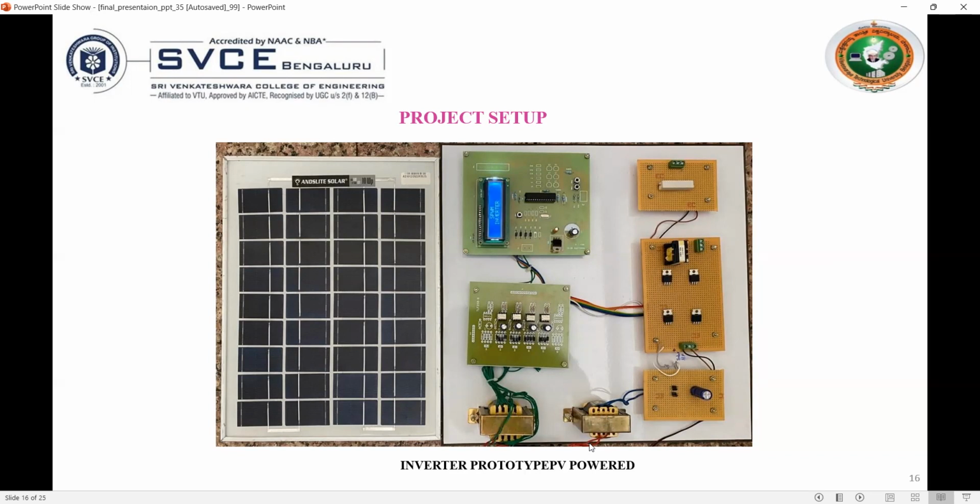So this will be connected to the step-down transformer. That 220 volts will be converted to 12 volts and go through this rectifier, which will convert AC into DC. And so there will be pulsating DC. This capacitor is used to convert it into pure DC. Using a CRO we can check that we'll be getting pure DC, and then the DC will go through these MOSFETs, and after that the inverter,